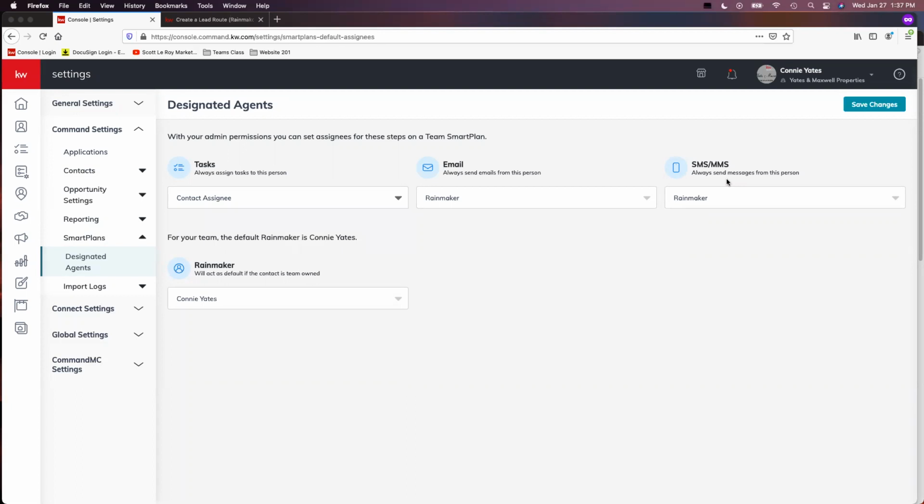They're not going to come from the assigned agent. So in other words, Connie has John Smith on her team. John Smith adds a lead that he met at the grocery store, looking to buy a property, to a smart plan. That smart plan is going to come from Connie. So just keep that in mind because it's also going to be using the Rainmaker's accounts, meaning if email is